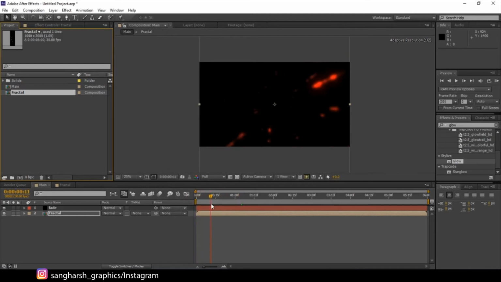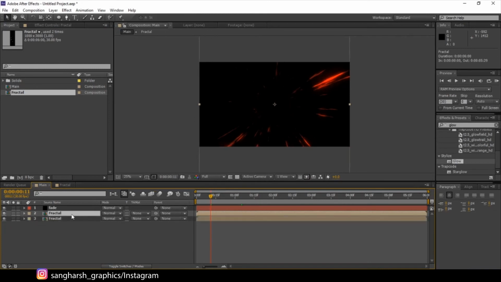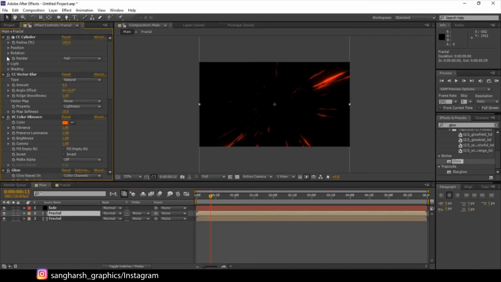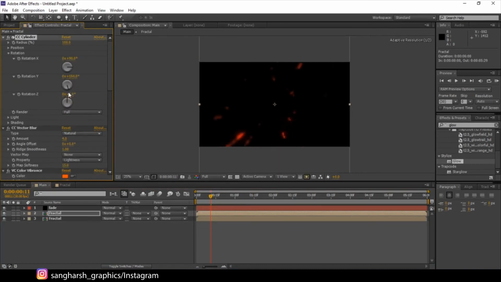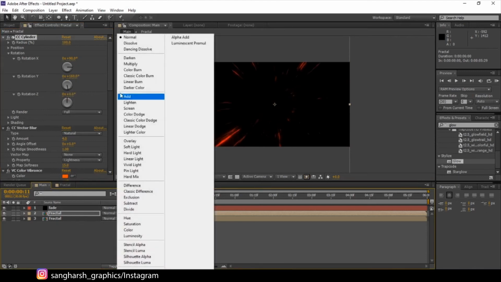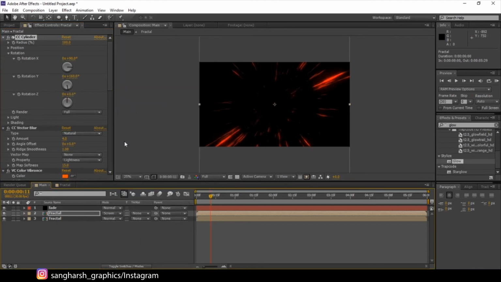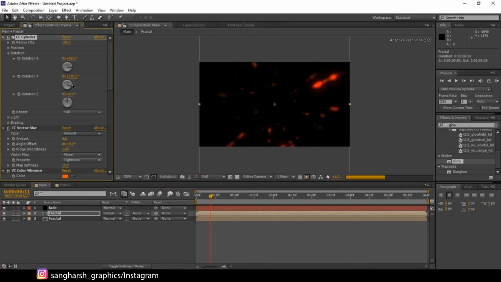So now time to create more lines. Select the fractal, press Ctrl D to duplicate it, go to Effects Controls, open the rotation in CC Cylinder and just take any random value like this. Don't forget to make the layer screen. Let's just keep it like this.